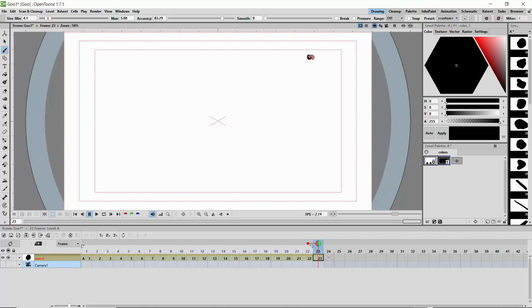So I'll just make this really close to this, and at 24 we'll just stop here. So what I'll do is drag this edge here. You can see that white line. We'll just drag that and make sure it's on 24, which is our entire animation range. And let's hit this loop button, and we can just play this, and we can actually see how our shape just moves. And so we have fast movement, and then we have slow movement as well,